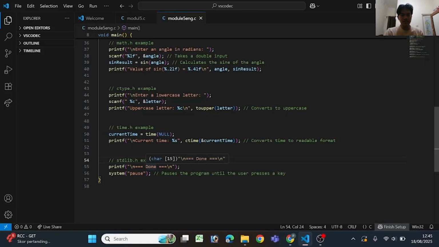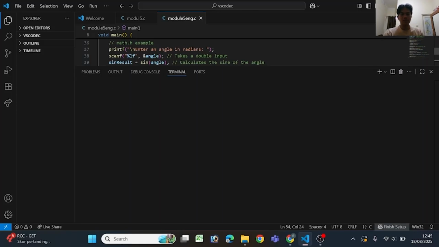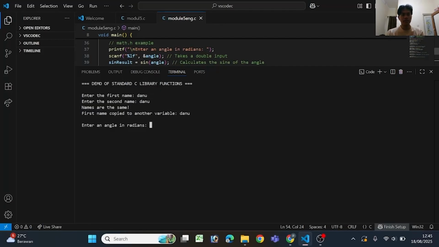So let's just run the program. First, enter the first name, for example, Danu. Second name is Danu, and the output is the names are the same.